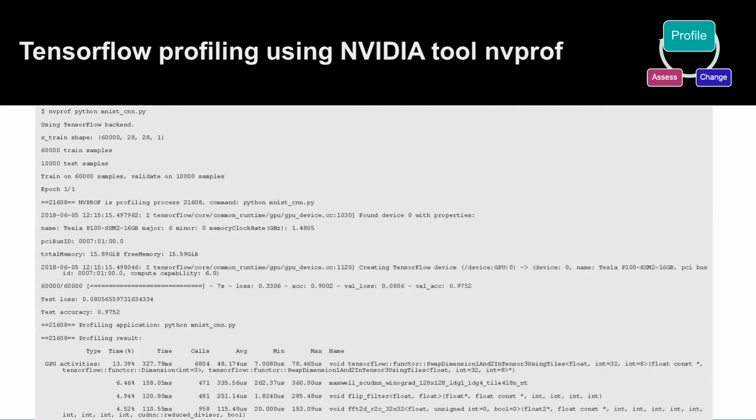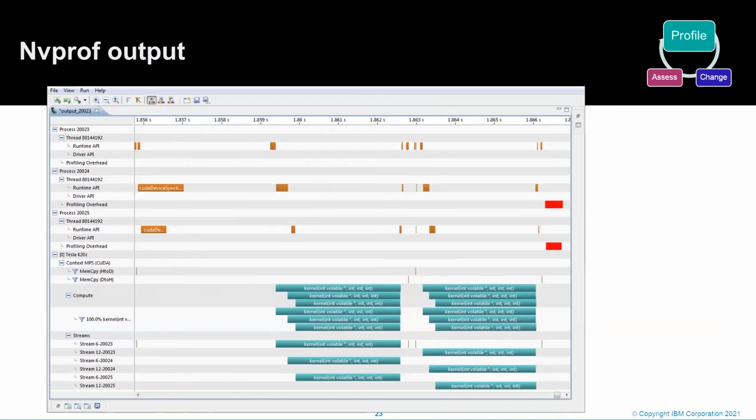So this is a typical example of an NVIDIA profiler. It's another NVIDIA profiling tool to show you the typical functions inside your GPU that are activated. And it also provides a nice GUI where you can see visually where you are spending time, is it on the compute side or the data transfer side, and so on.